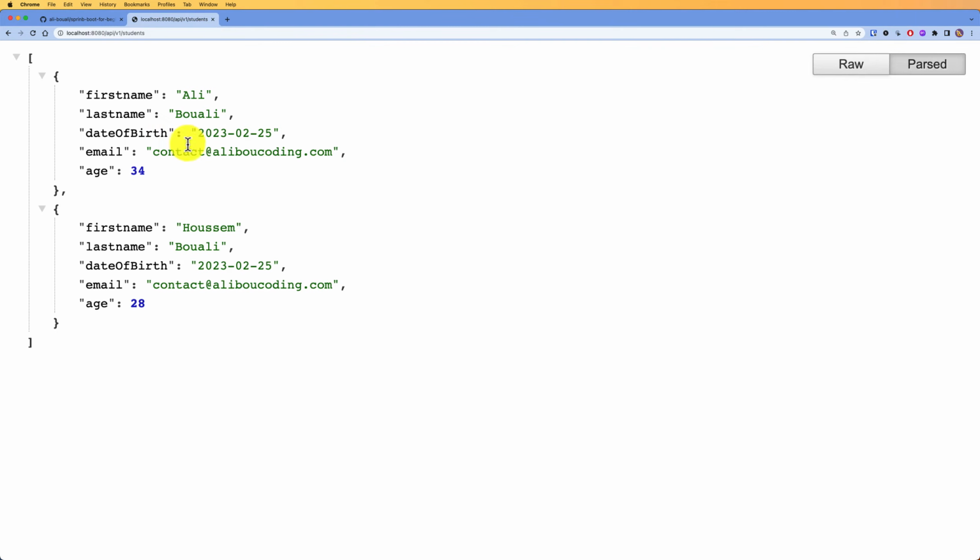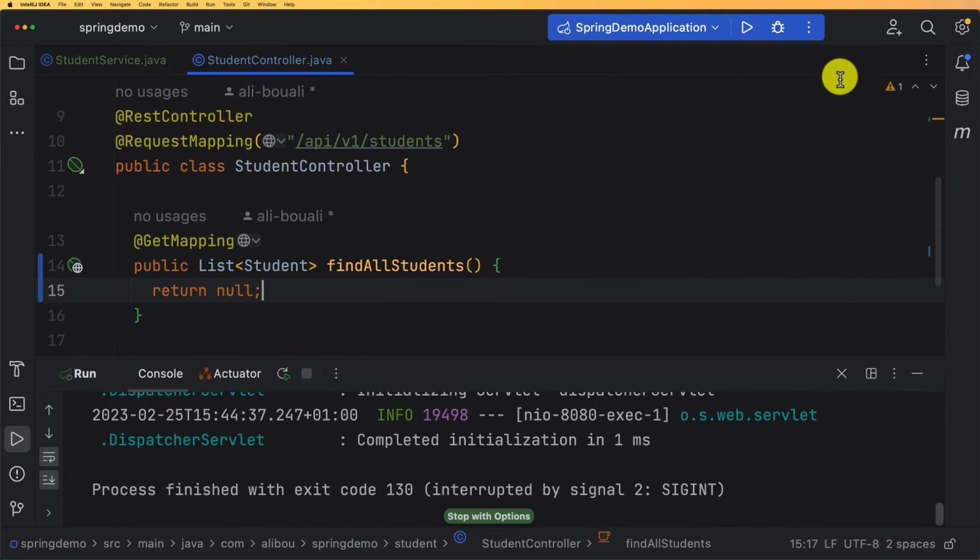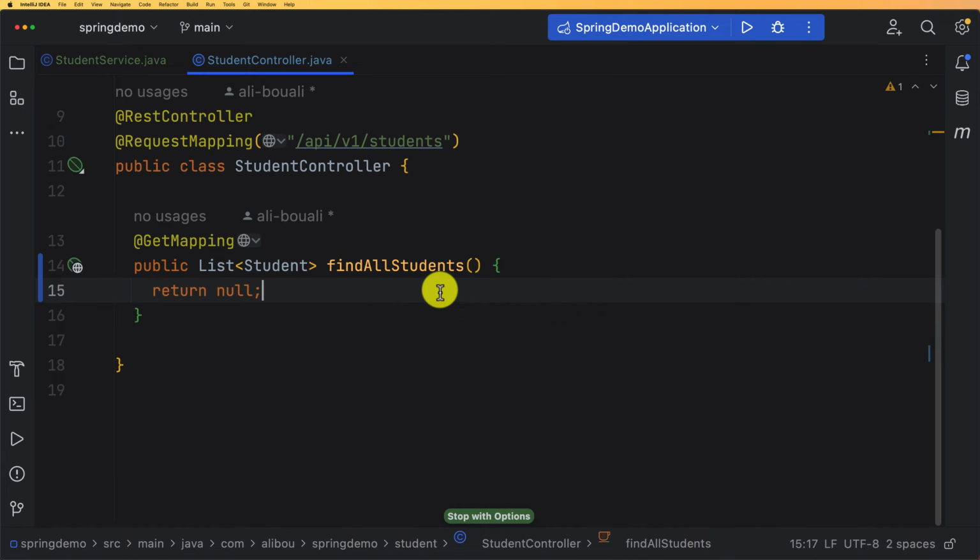So in my browser right here, if I refresh the page, you see that nothing is returned and I have this white page. So this means that we have nothing getting returned by our backend. So now I can stop the application. And now let me show you how we can display the list of students using this student